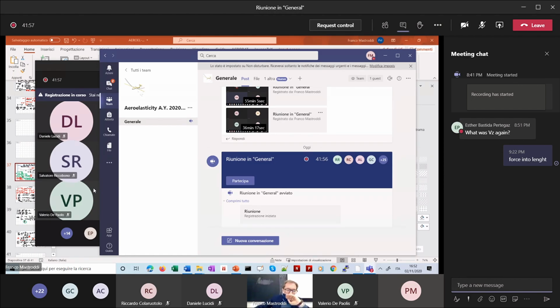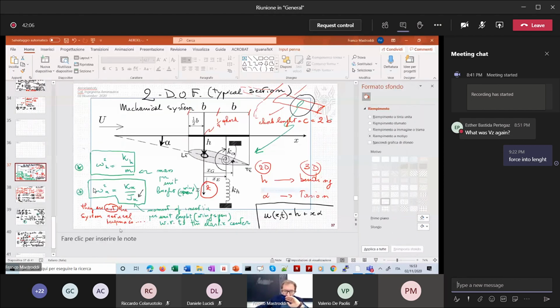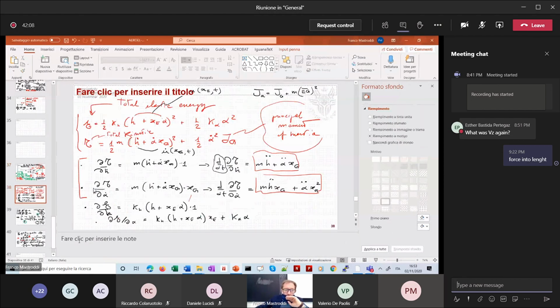Okay, this is almost an analytic model for you. So I decided to dedicate this time for describing this model, and I hope to have convinced you